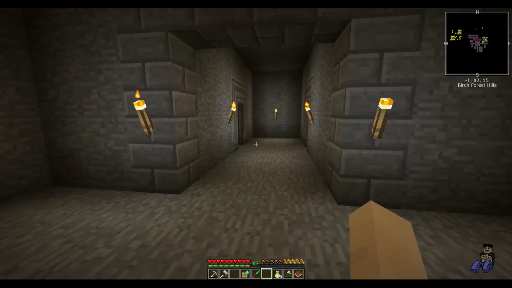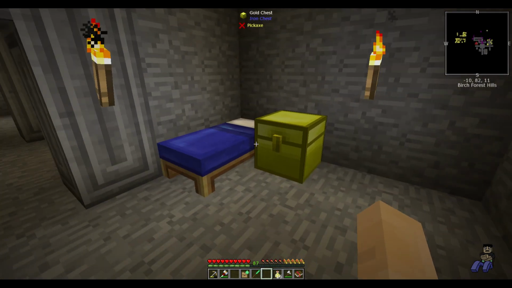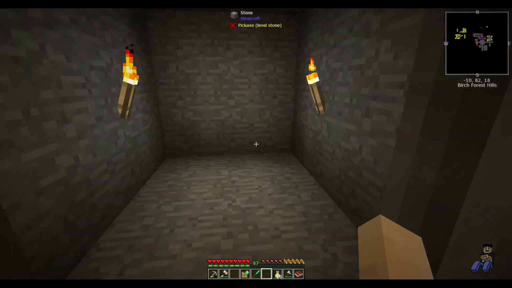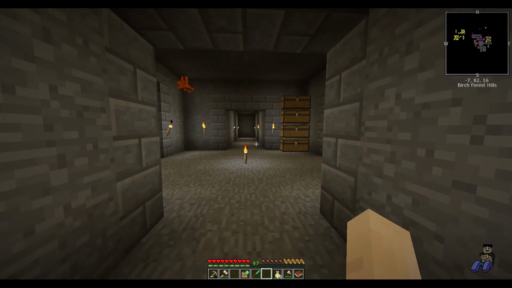So I dug out some tunnels. Let's start on this one. So right to the right, this is going to be my little bedroom. Just a little modest with a bed, gold chest. That's fancy. Haven't figured out what I'm going to put here yet. I had an idea when I carved it out, but that was like a week ago, so I've already forgotten